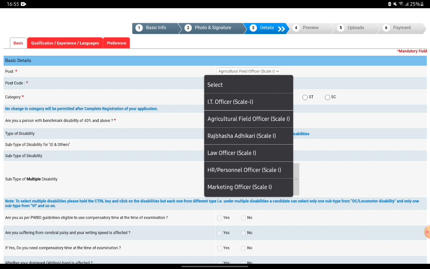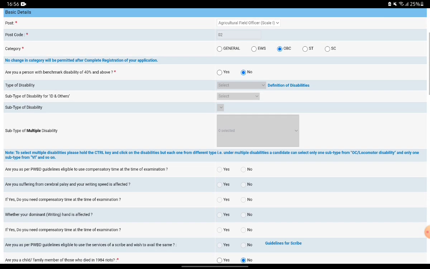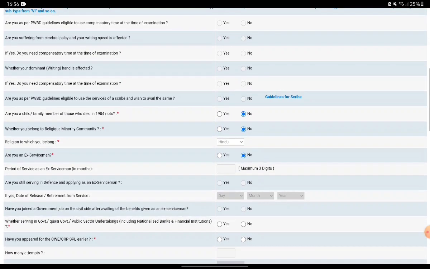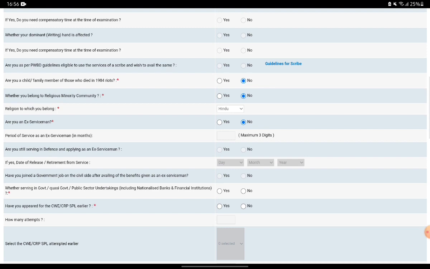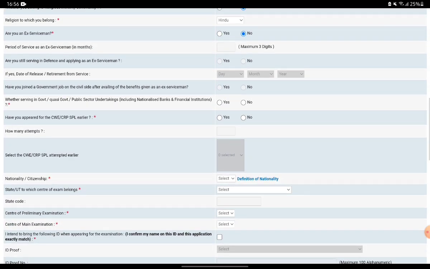You should select the agricultural field officer, then the category, then whether you have a disability, yes or no. Then here are some of the details regarding the disability. Then if you are a minority and your religion, and if you are an ex-serviceman, yes or no. Then regarding whether you have appeared for the examination before, and whether you are working or not, like that.